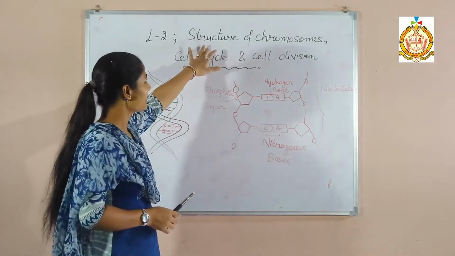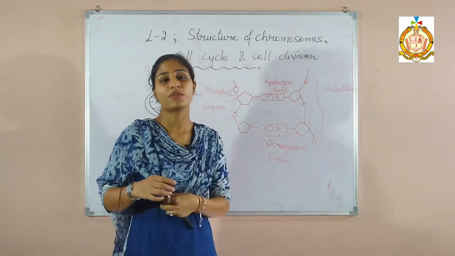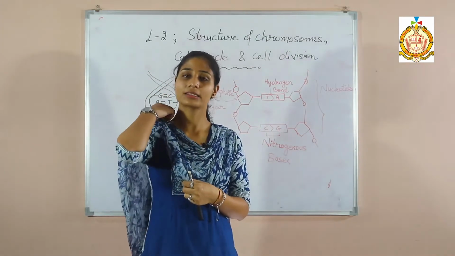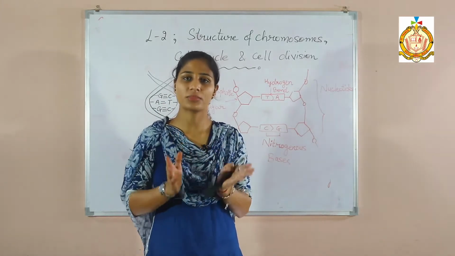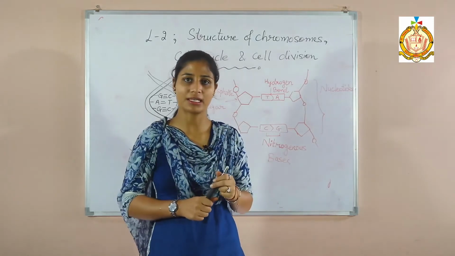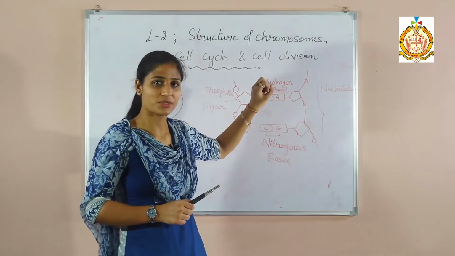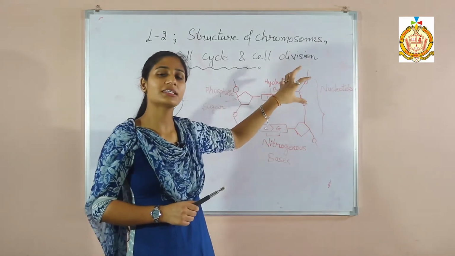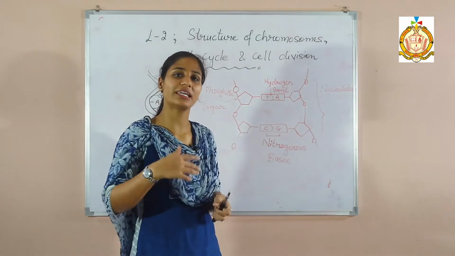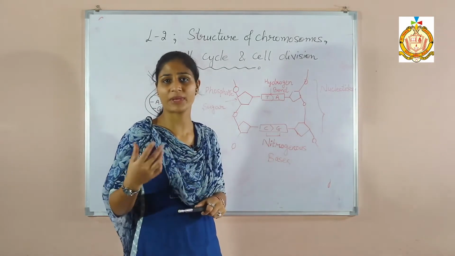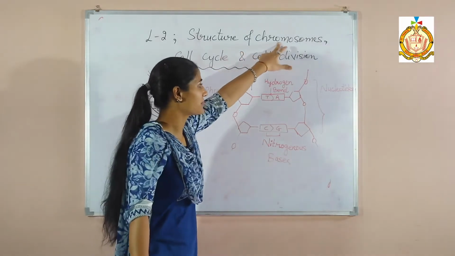Now, firstly, let us begin with the term chromosomes. What do you mean by chromosomes? If we talk about a cell, in a cell, three main parts are there: the nucleus, the cytoplasm and the boundary of the cell, meaning the outer layer of the cell. In the cytoplasm, the nucleus is present, and in the nucleus there are a number of organelles and living matter that is responsible for the life processes as well as the metabolic activities. In the nucleus, the chromosomes are also present.